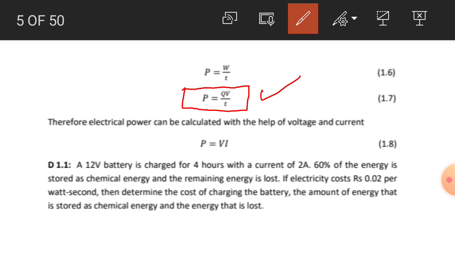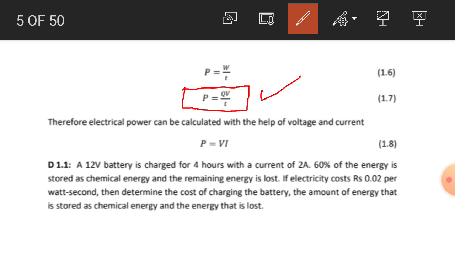We pay to the utility center in terms of units. So if I have consumed 200 units, it means that I have consumed 200 kilowatt hour. Anyhow,